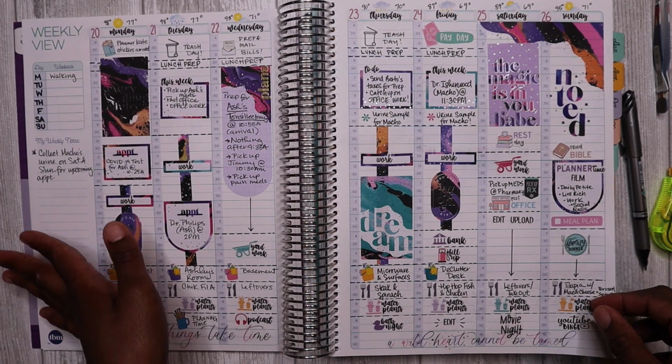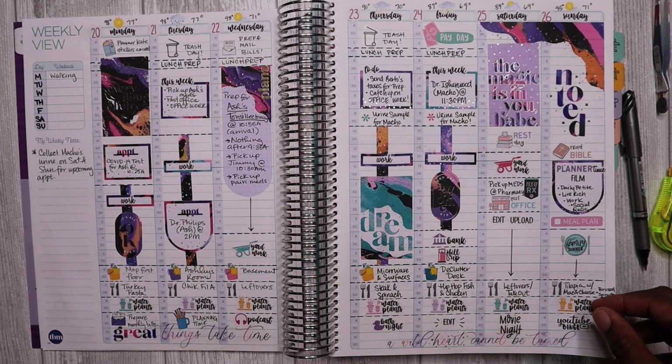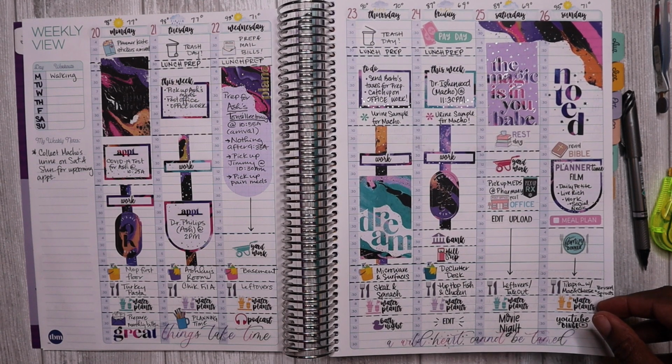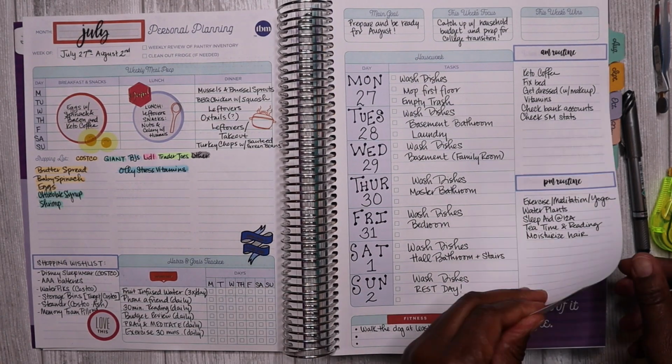This was my weekly spread for last week, and I will be posting a video to show how I put that together. But as you can see, there was a lot going on, and I just wanted it to look pretty because it was a very high stress week or high anxiety week with everything we had. But I did get a lot. Moving into this week,